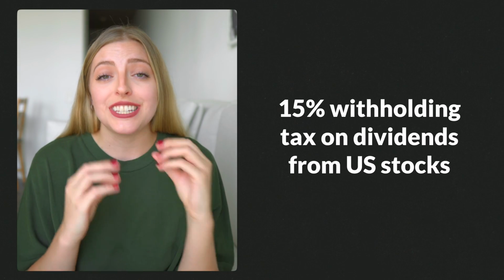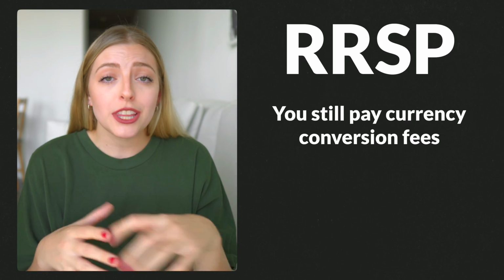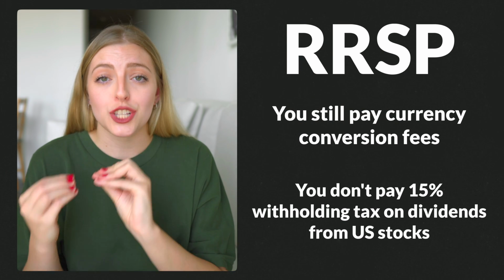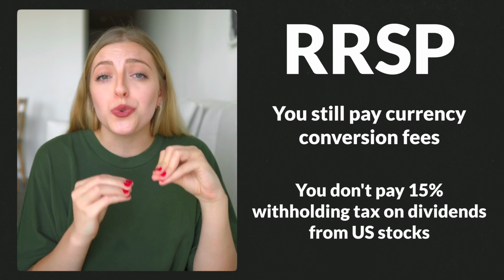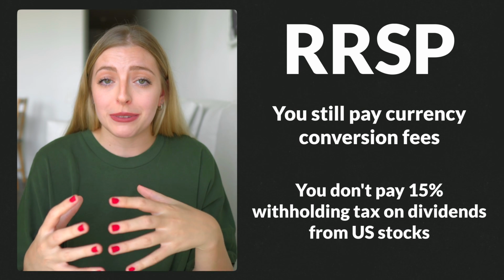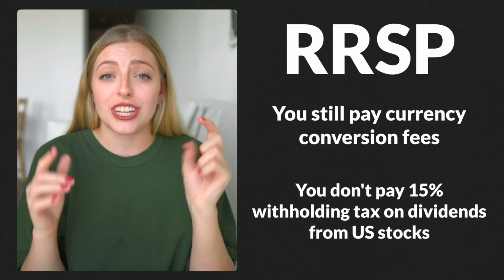And the second is that we have to pay a 15% withholding tax on dividends from US stocks. Now, with an RRSP specifically, you'd still have to pay the currency conversion fees, but you wouldn't have to pay that withholding tax on dividends from US stocks held within USD listed ETFs. That's because the US and Canada have a tax treaty in place that actually reduces that percentage down to 0%